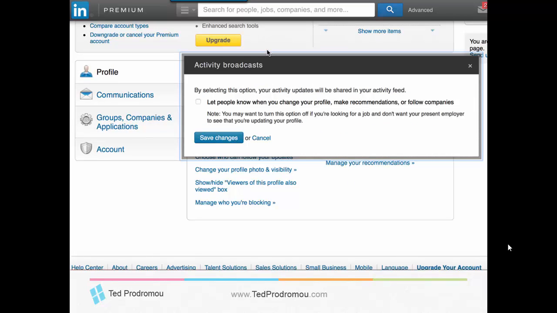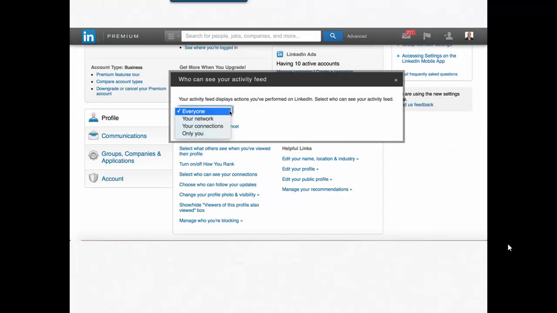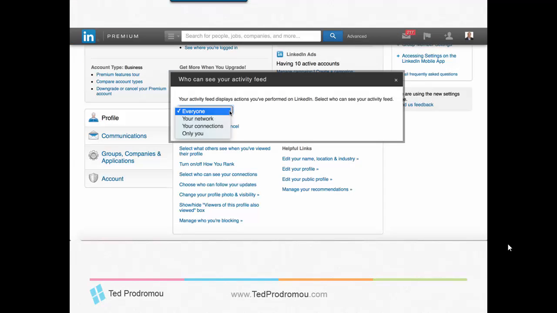And I highly recommend going through this, spending a few minutes a day over a week or so. Don't try to do all of it at once because there are a lot of settings in here. But definitely go through here and clean this up. And you have to go through it every couple of months, about once a quarter or every 6 months, because a lot of times they'll change the privacy settings. And you want to make sure you're displaying the right things. So here I could display my activity feed only to me, my connections, my network, or everyone. Obviously I want it to go to everyone.